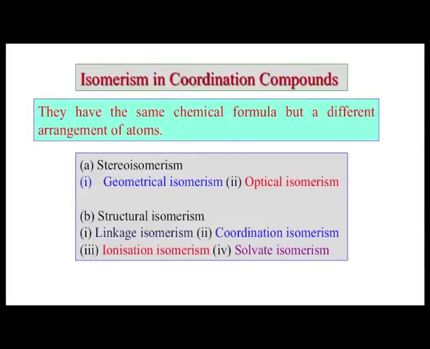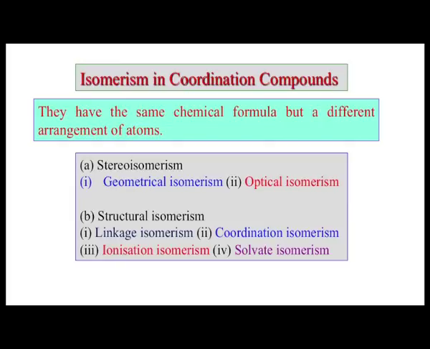So, in this isomerism case, what we see is that isomers are there. What is an isomer? We know that they have the same chemical formula but a different arrangement of atoms. The arrangement of atoms will be different if the compound is a cis compound, and if the compound is a trans one, its arrangement is totally different. The way we are considering it, two bonds are 180° apart and the other two bonds are 90° apart. So, the bonding which is 180° apart will be the trans isomer, and the bonding which is 90° apart for two similar groups of ligands gives the cis isomer.